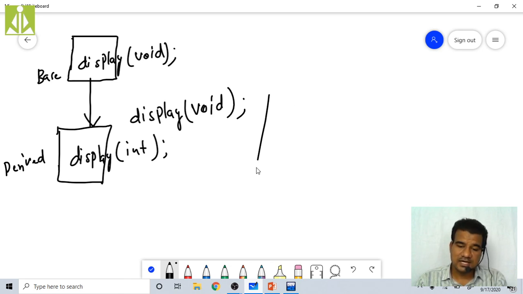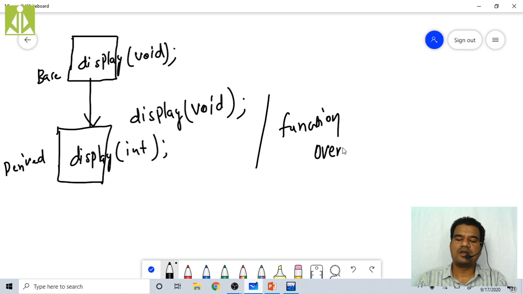So this is overloading. This is function overloading. And when you are calling this, there is no confusion. Hopefully, we'll see.